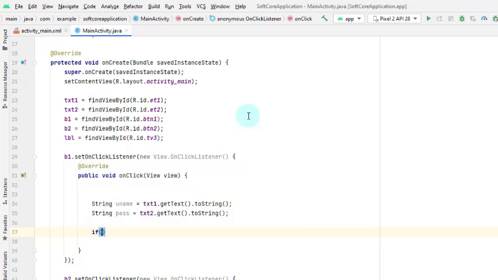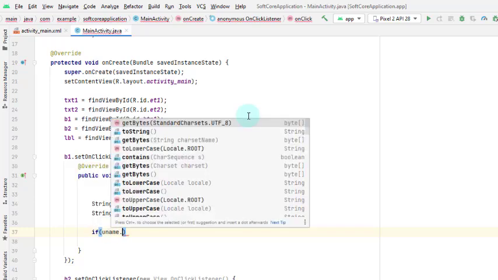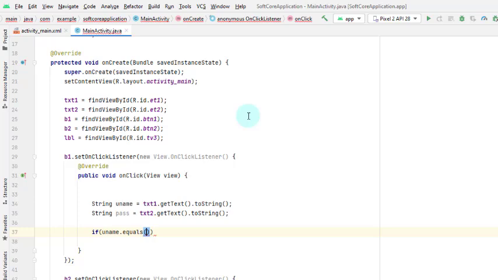Now we will match this uname with the username which is admin, and pass.equals admin123.